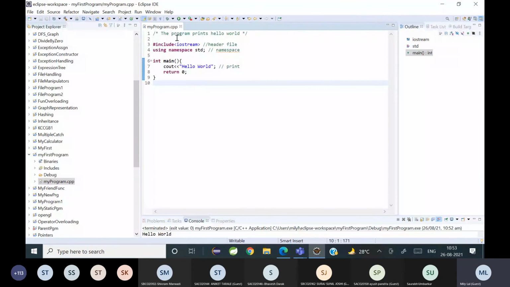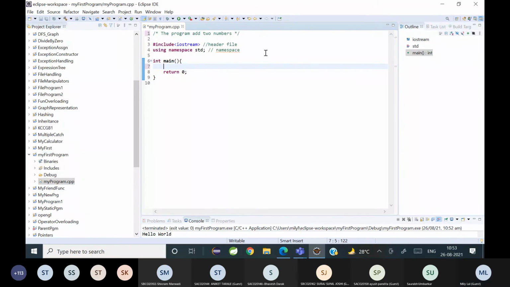Now suppose I want a program that is going to add two numbers. So what will be needed? Can somebody tell me what all should be there? Now you have to think. To add two numbers, I need two numbers.